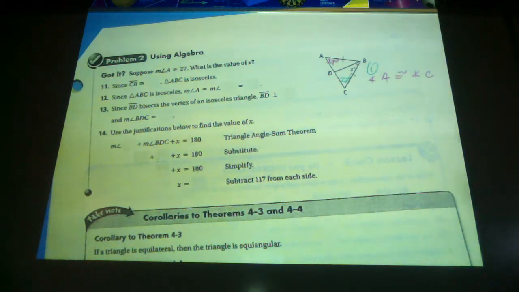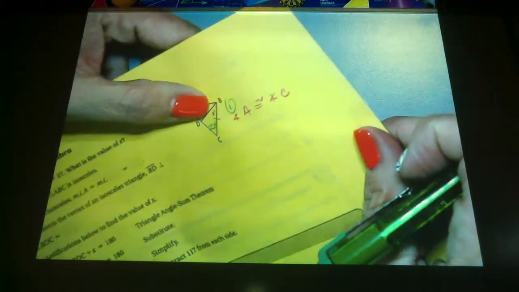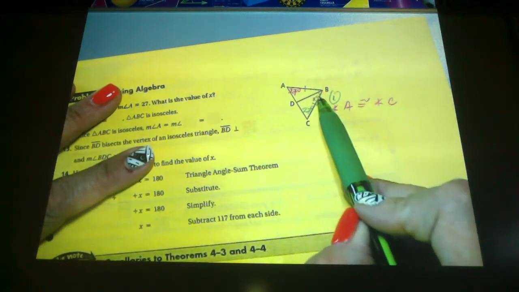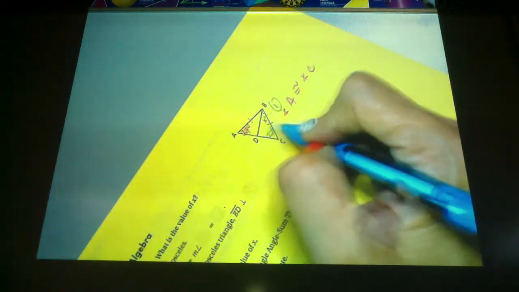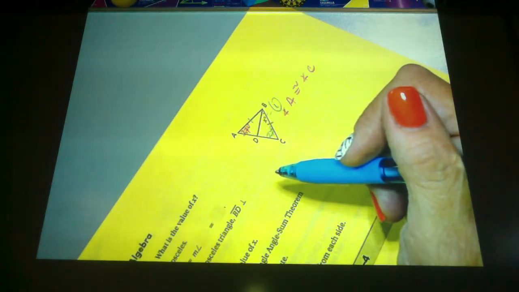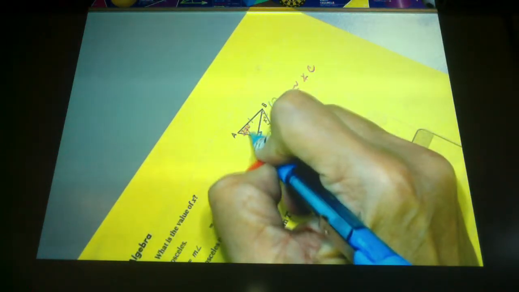Alrighty. Can't I find the value of, I'm trying to see the picture. Is there one arc mark there or two? Oh, there's two, aren't there? So if there's two arc marks here, what is our conclusion about DB? If DB is bisecting, isn't that the vertex angle? Because those are the legs. So if DB bisects that vertex angle, what do we conclude about DB? It's a perpendicular bisector. So isn't this a right angle here? And isn't this piece congruent to this piece here? So then part 2